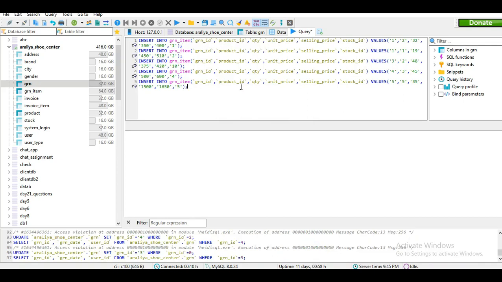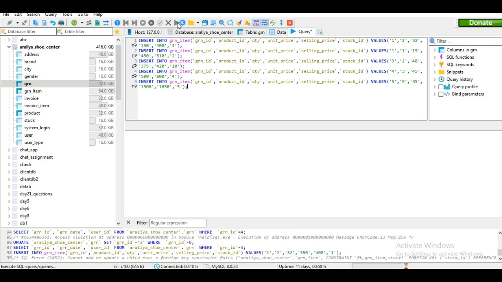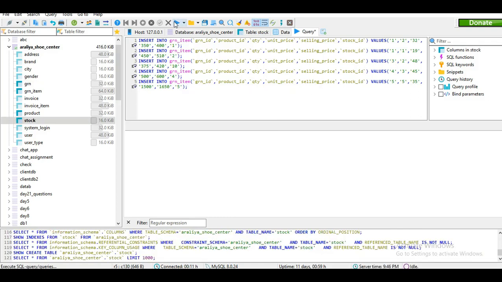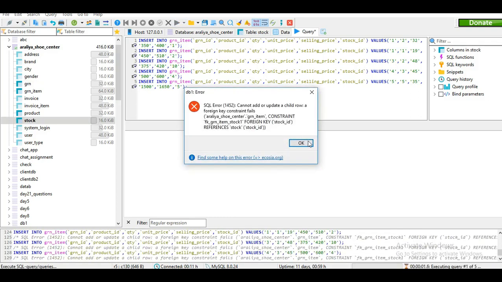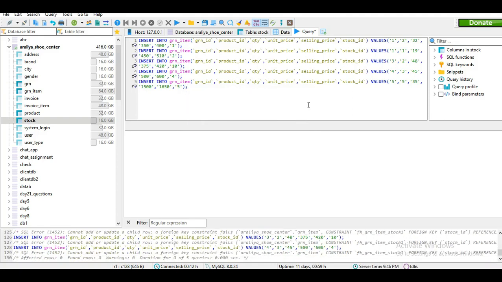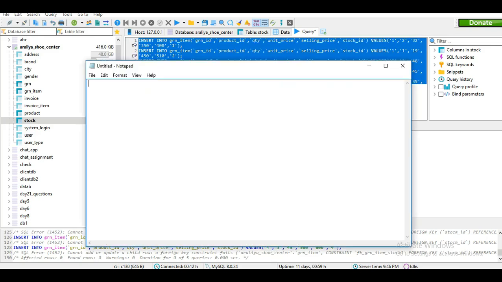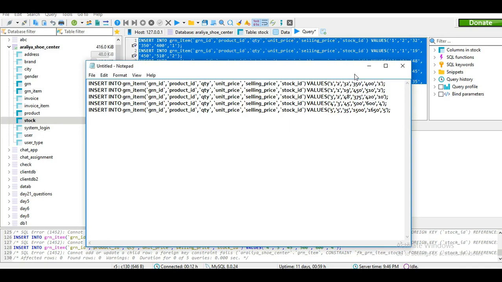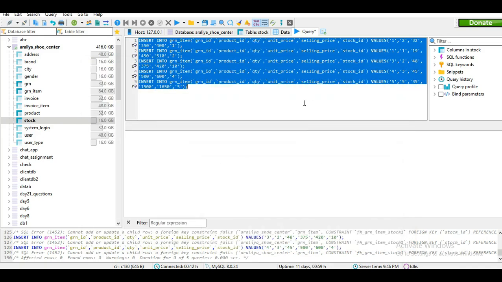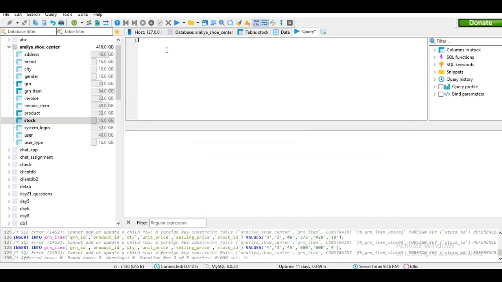So after fixing that, if I execute the query, I'll still be getting an error message like this, and the reason for that is because I haven't added any data into the stock table. So first of all, I'm going to copy this query that I just typed and then paste it in my notepad, and after that I'm going to erase this query that I typed and first enter data into the stock